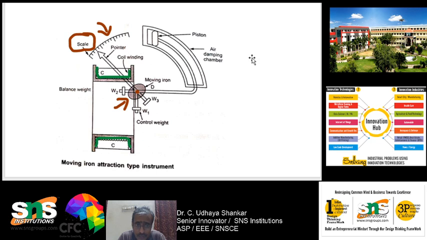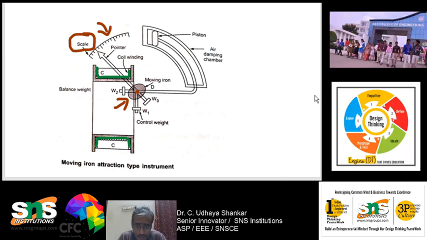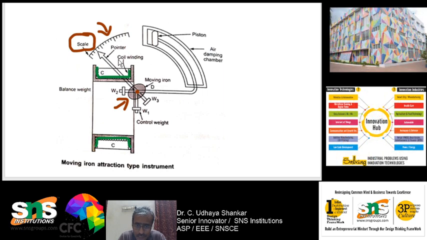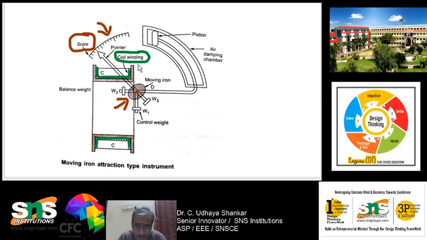Construction wise, it is also having a spring. You can just see here it is having a spring. If you see the side view, it will be having a spring. That spring will be producing the control torque. Whereas the magnitude of current flowing in this coil, this is the coil winding, the magnitude of current flowing in the coil